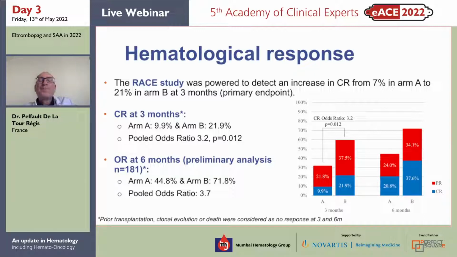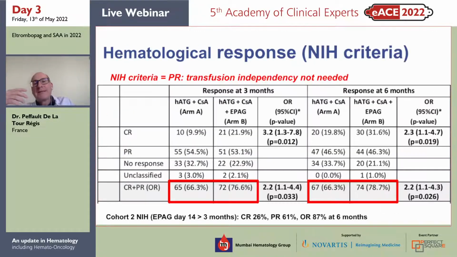But as I told you, we decided on purpose to exclude patients for partial response criteria if they were still transfused. If I now reclassify the response rates according to NIH criteria, considering that transfused patients might be included as partial responders if they improved at least one lineage at 6 months, you can see that we have exactly the same results that NIH published. For the standard treatment, it's about 66% at 3 months and 6 months, while for the experimental treatment, almost 80% of patients responded at 6 months, which is still significant.